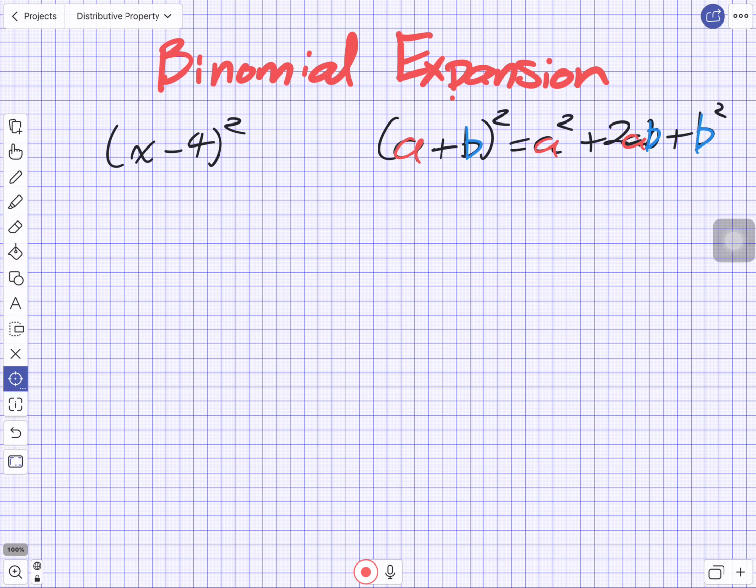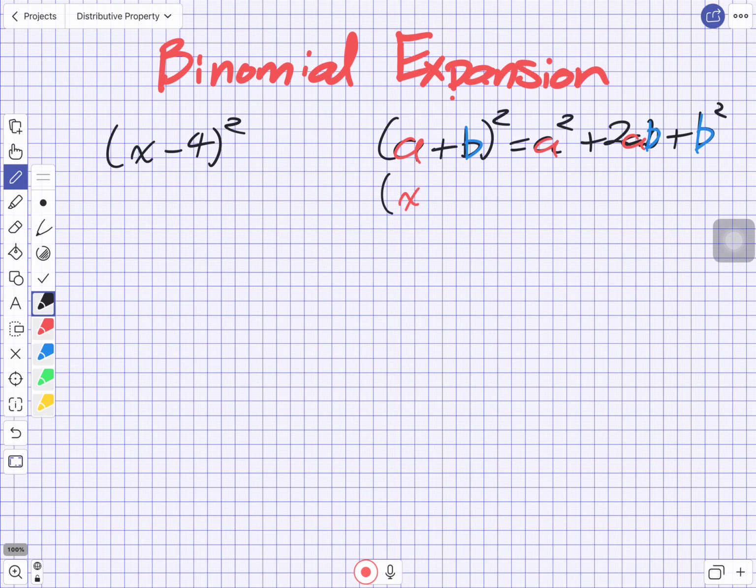But we're going to use FOIL and distributive property to do the exact same thing. Otherwise, you have to remember a bunch of formulas for if it's squared, if it's cubed, if there's power 4, power 5. It's much easier just to know how to do distributive property and apply that concept, okay? So, if you take a look at this over here, Sophia,